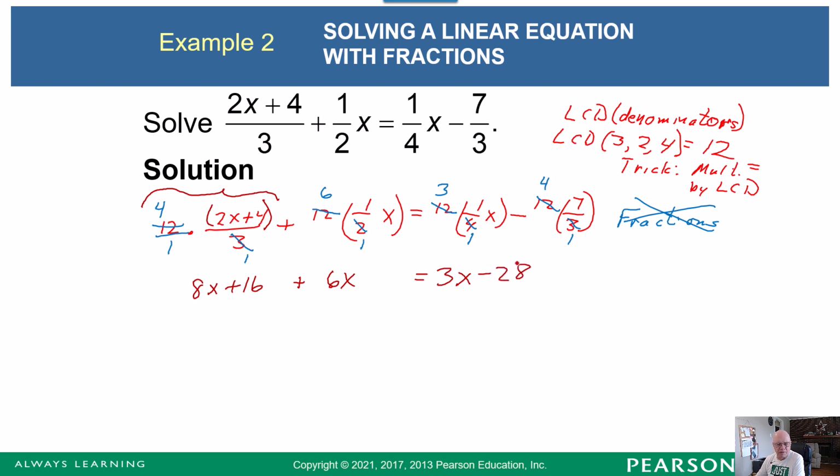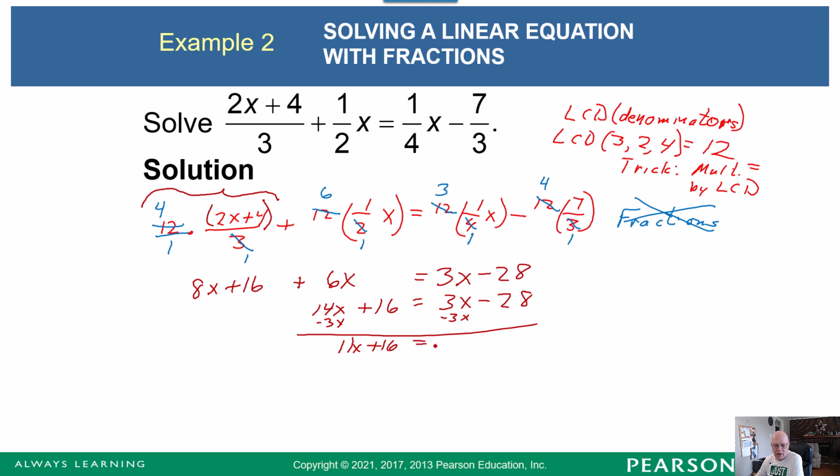All right, let's get back to business here. We'll combine the two x's on the left-hand side. 8x, 6x gives us 14x. We've still got the 16. Can't add that because they're not similar terms. On the other side, we'll just copy this 3x minus 28. Next, you know the deal. We'll subtract 3x from both sides. What do we have now? 11x plus 16 equals